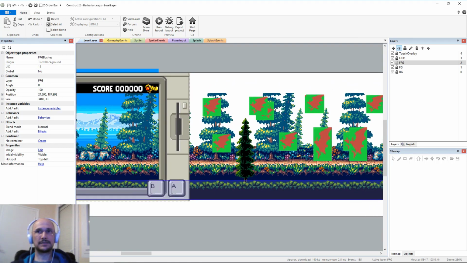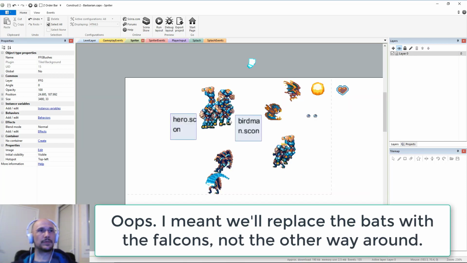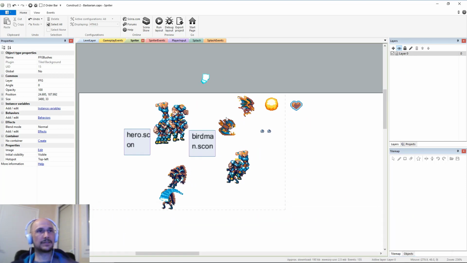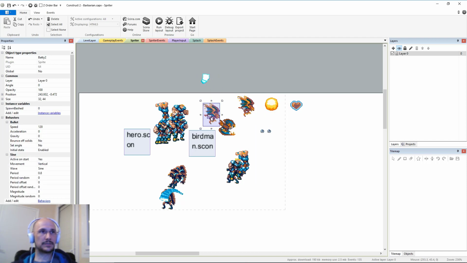So Corey has done some really beautiful falcon-type bird enemies that we're going to replace with the bats in this first level. So I'm going to go into the Spriter events, and I am going to right-click, and I'm going to clone this object type. So here's that. So we're going to rename Batty2 to Falcon